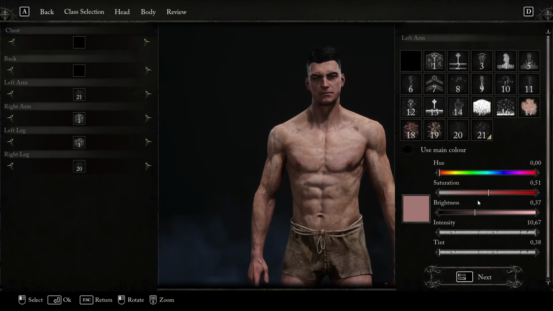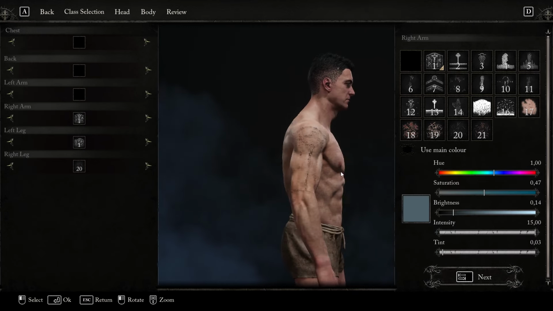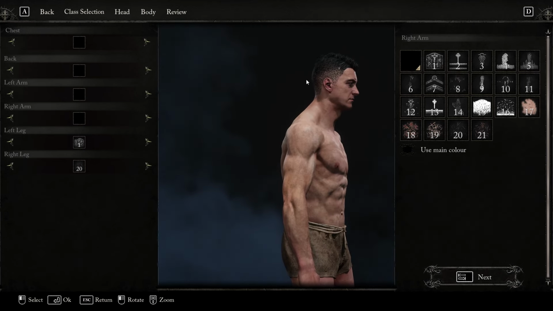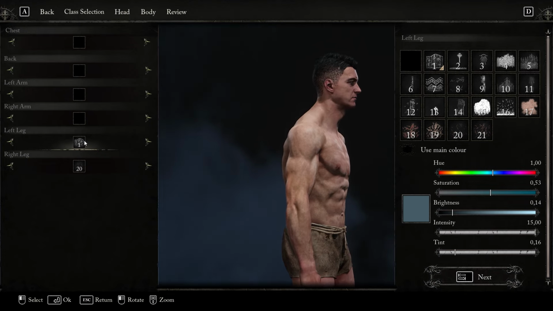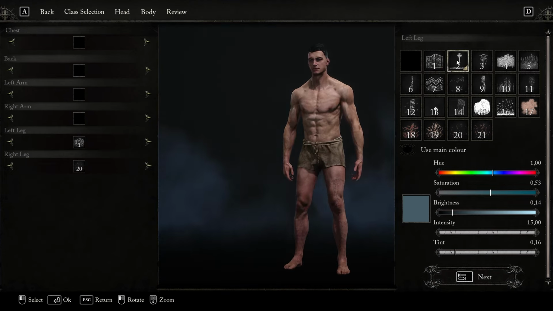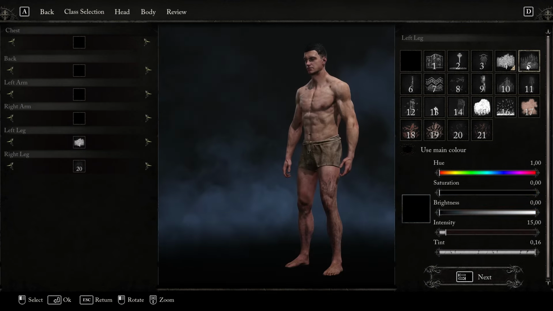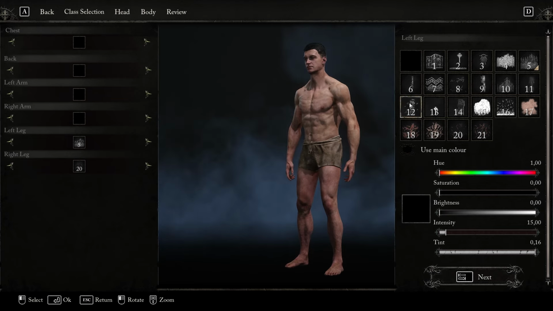I do think that this menu is a bit janky and it messes up sometimes, but the right's the same as the left, so I'm not going to show you that now. But it's still quite good when it does work, right? Legs. There you go. It's a little small, sorry. You can't really zoom in on the leg. It just zooms in, like, in the middle. But